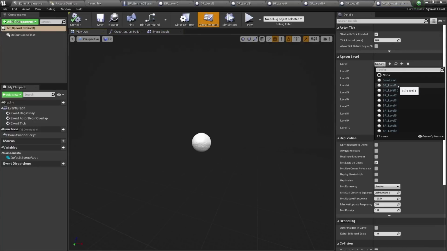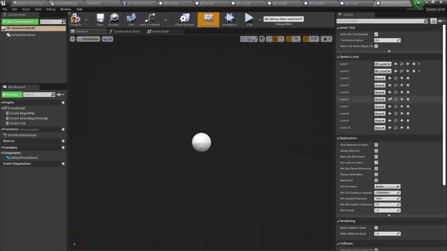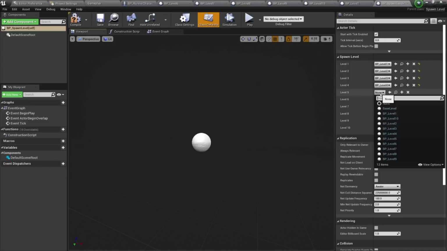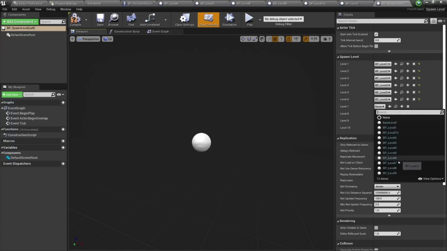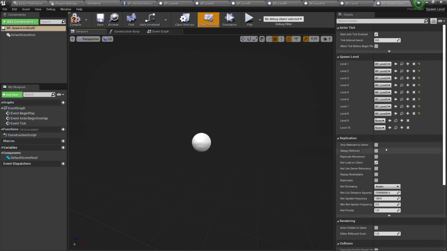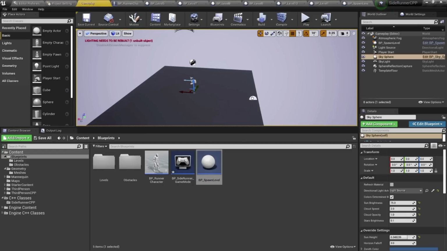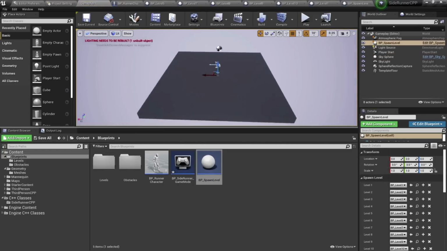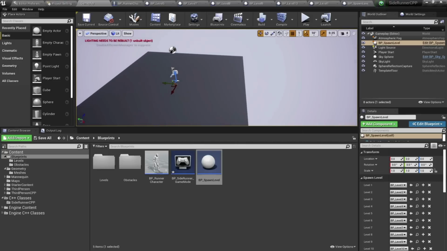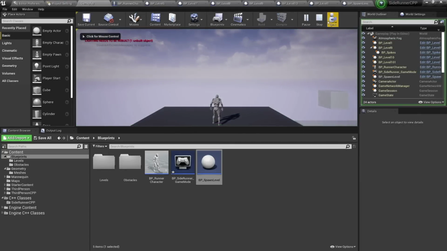So from here, we need to take level 1, then level 2, then here we have level 3 and all of that good stuff. So the tedious part that nobody likes to do, but everybody likes to play the game. So 8 and 9, and last but not least, here is our level 10, and we need to compile and save that. So now I can go here in the gameplay and I can simply put my level spawner. I can put him here at 0, 0, 0. It does not matter. What matters is if I hit the play button that he will spawn the levels, and